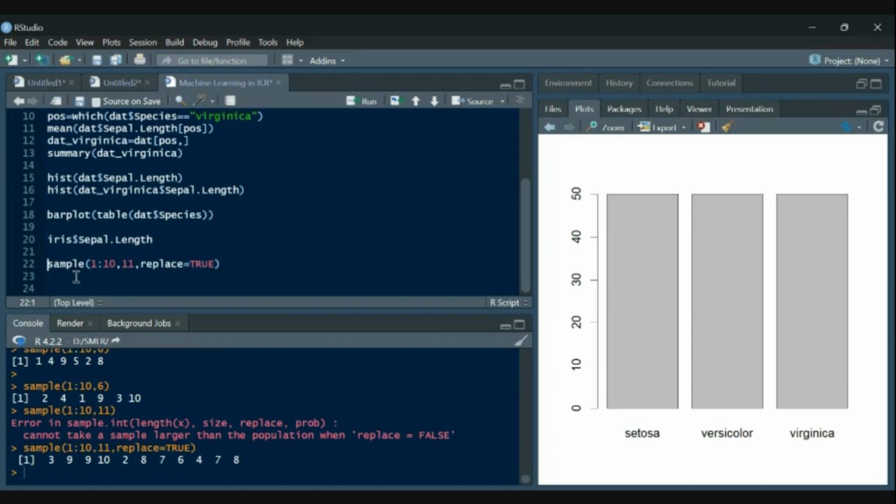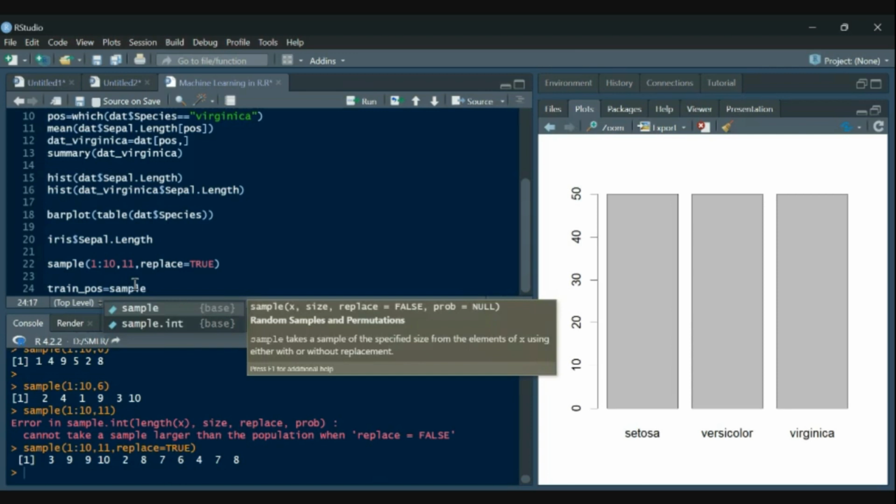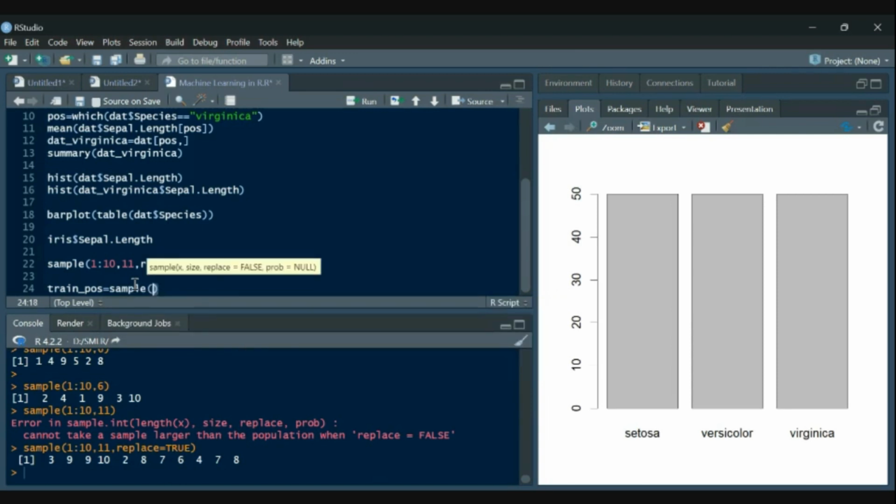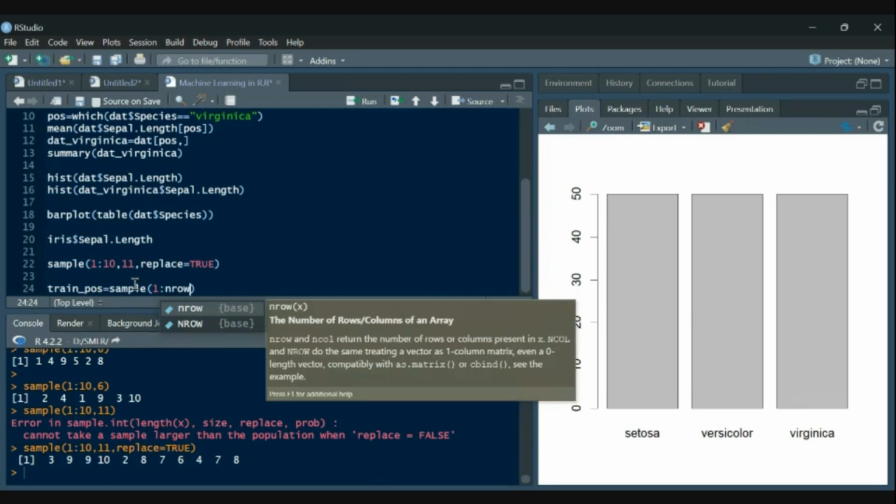So now in train positions, we will bifurcate this data set: 70% in the training set, and the remaining 30% will be the test data. How can you do it? This is sample, and here we know 1 to 50. If we want to automate it, we can type the number of rows, nrow of our data.